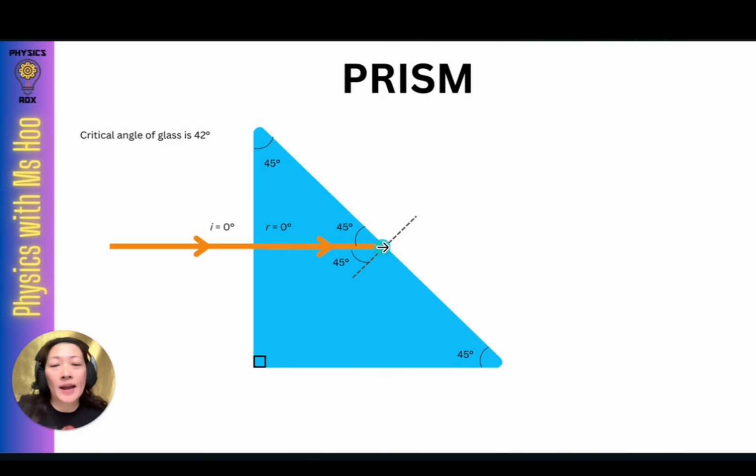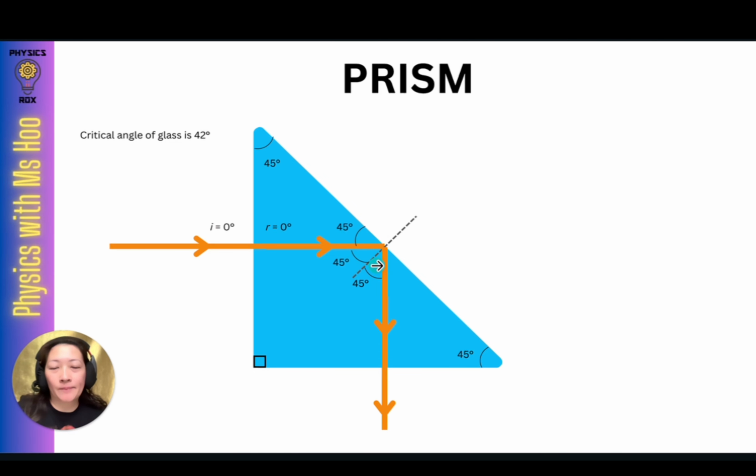That means that at this point, this light ray is going to undergo total internal reflection. And because this incident angle is 45 degrees, it will also reflect at an angle of 45 degrees. And 45 plus 45, you get a perfect 90-degree angle. So that's why you'll find the light ray appears to do a beautiful reflection at a 90-degree angle between these